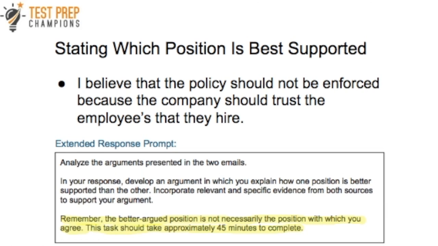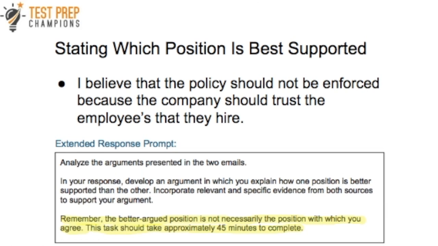So what I want you to remember here is that the prompt is telling you, remember, the better argued position is not necessarily the position with which you agree. The task should take approximately 45 minutes to complete. So the important part here is that I would avoid using the word I in your thesis statement because it's an algorithm that's grading your test. It's not a person, so it's some kind of computer algorithm, and no one knows how exactly it works. The GED testing service people kind of keep this under secret wrap, so no one knows how the algorithm works,